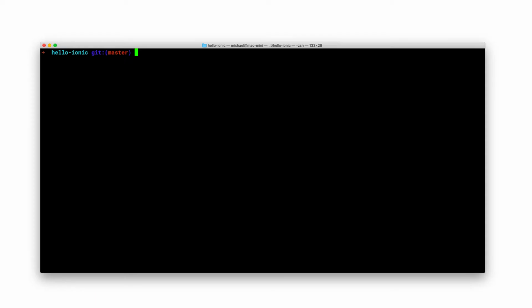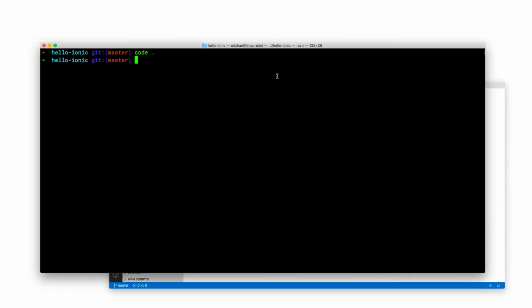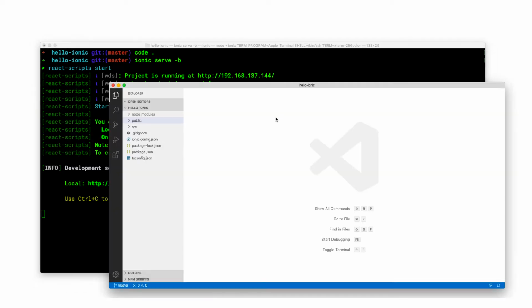Back in my terminal, there's a couple of commands that I'm going to enter now that you might want to make note of. The first one opens Visual Studio Code in the current directory, and I'll do that with code dot, dot being the current directory. And the next one is an option to ionic serve that does not cause the browser to be opened automatically, and that's the -b switch. So while that's getting set up and running, let's go ahead and look at some of the code that was